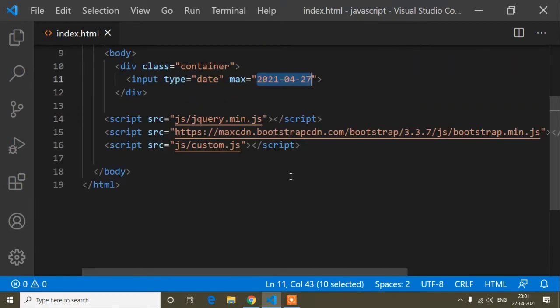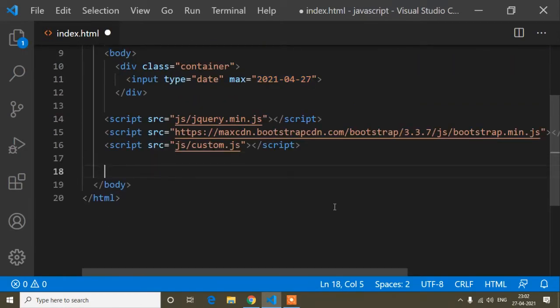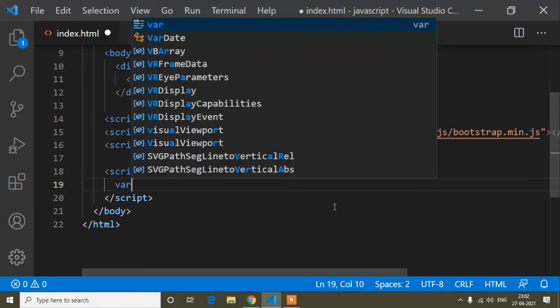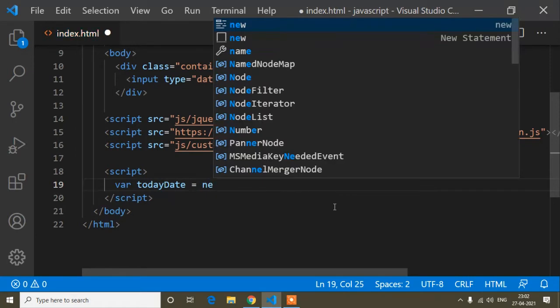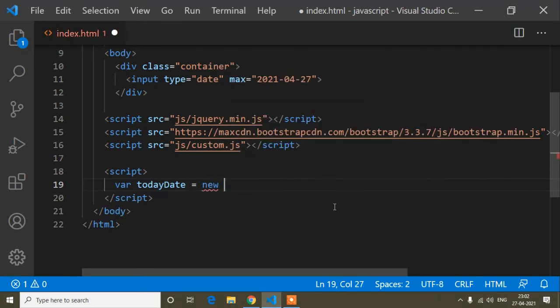So now guys, here I will write the main functionality. So first of all I will write a script tag, and inside this script tag I will write the functionality. First of all I will write a variable, var today date, equals to new Date.